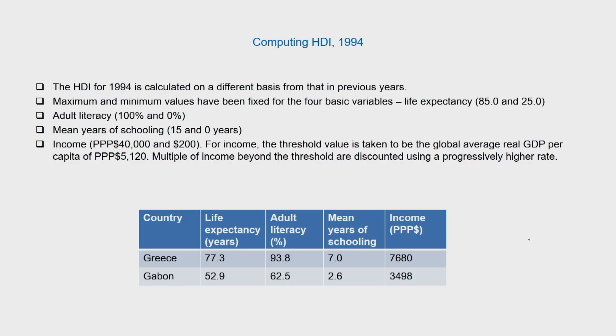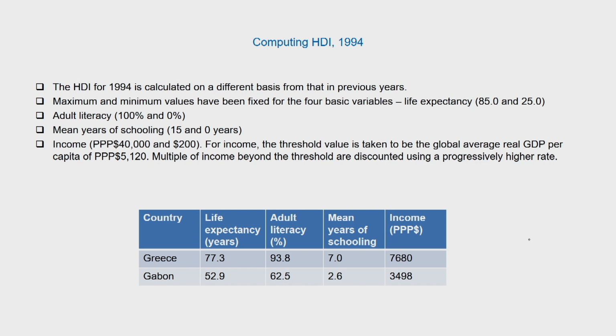But any income which is above the poverty threshold will lead to a diminishing marginal utility of income, because it can provide less and less facilities or less and less amenities that can take care of basic levels of human development, and therefore a logarithmic transformation was carried out with respect to the income indicator. Now in today's class, we will see how the HDI computation has evolved since 1990.